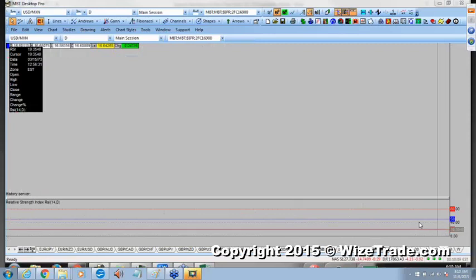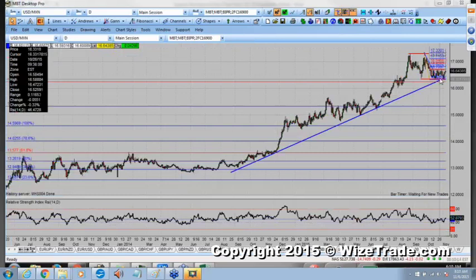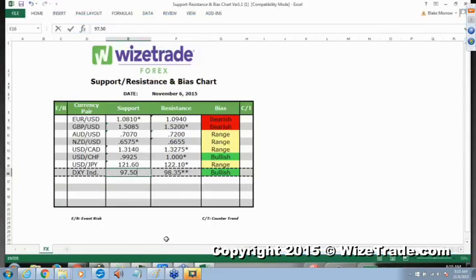Okay, so let's go over to the daily chart of the peso. You know, this is a really significant uptrend, right? Obviously that's what makes 1633 huge. So on the peso,